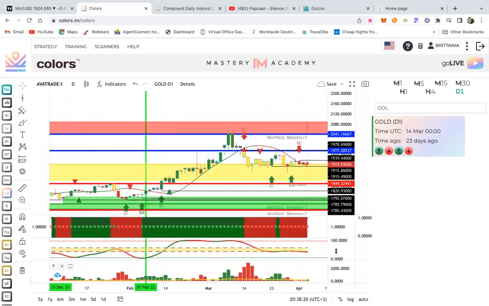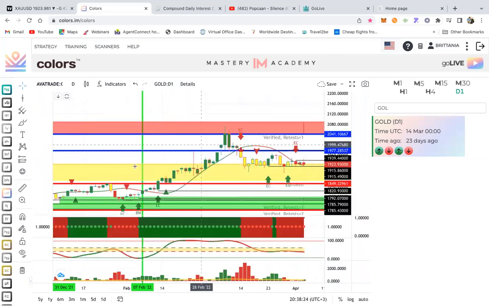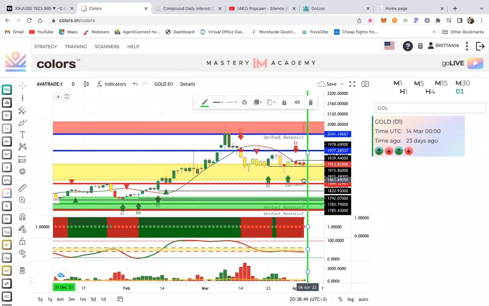So this is on the higher time frame. For the last few weeks, what I've been getting everybody to do is have patience in the market. So if you enter gold, we want to teach you guys to stay in the market a little bit longer rather than jumping in and out like on the other time frames. So right here on the day, all I would do is drop a vertical line right here.